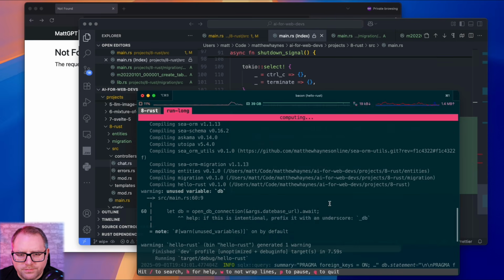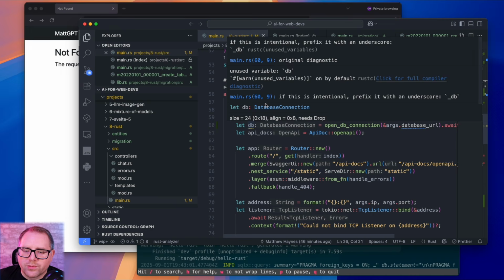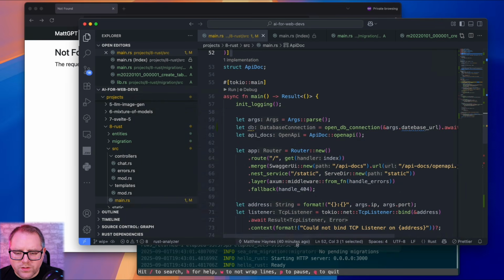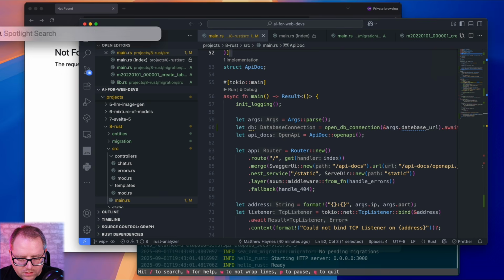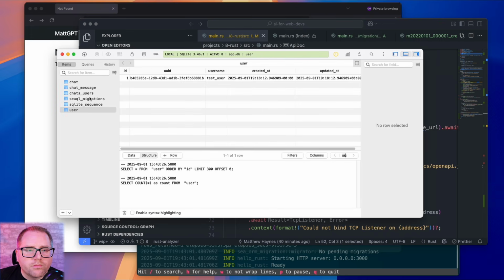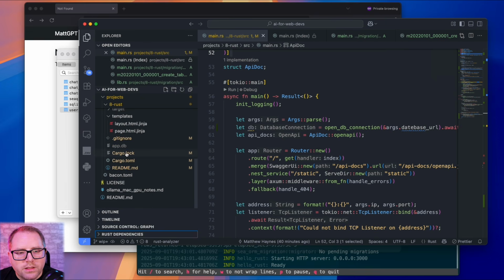okay, so you can see here it's warning that we have an unused variable for now, and there's Clippy. And because we called our migrator automatically on the first time, it went ahead and created it for us. So if we go ahead and open our app.db file, which is now here,